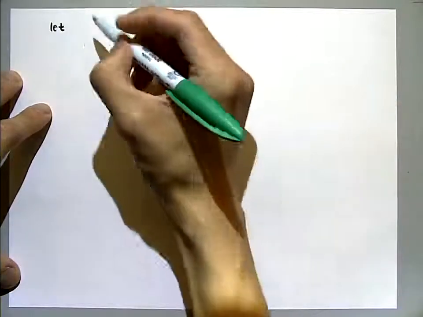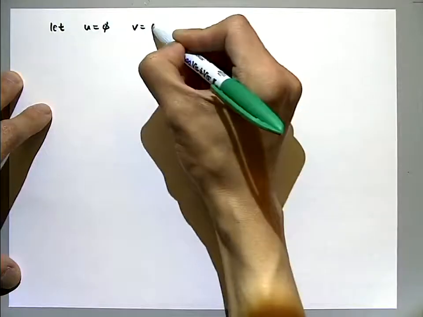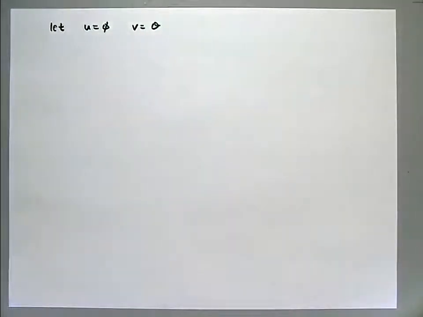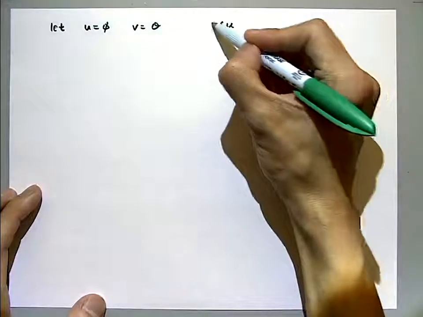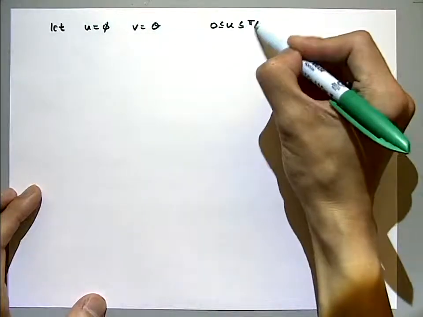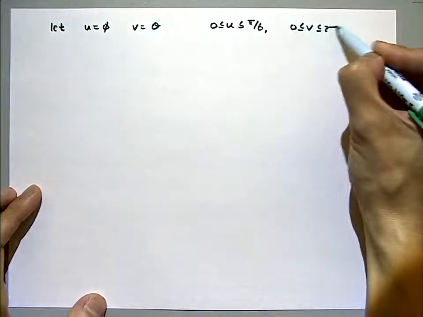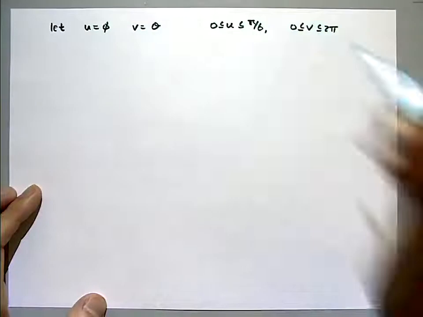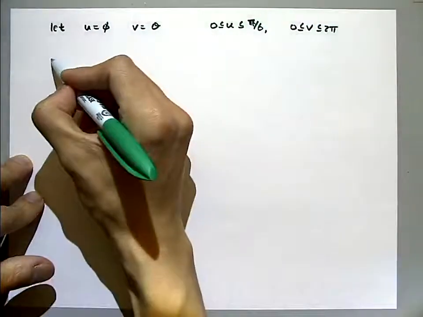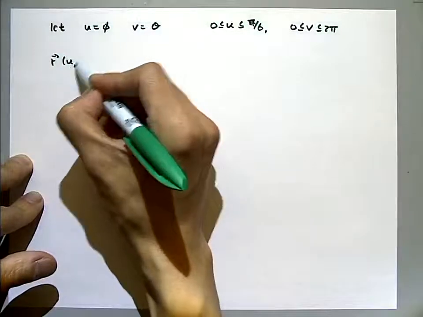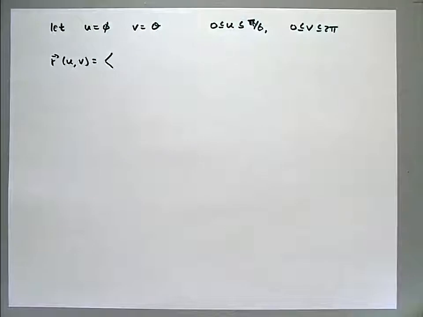And again, arbitrarily, let's let u be phi and v be theta. Completely arbitrary choice. So that means u is going to be between 0 and pi over 6. And v is going to be between 0 and 2 pi. So therefore, the parametric equation of that spherical cap to that cylinder,